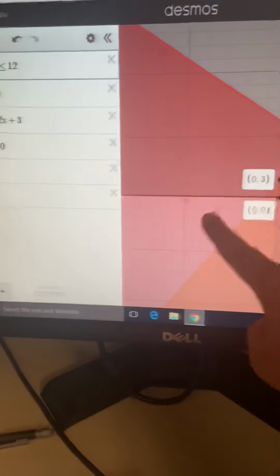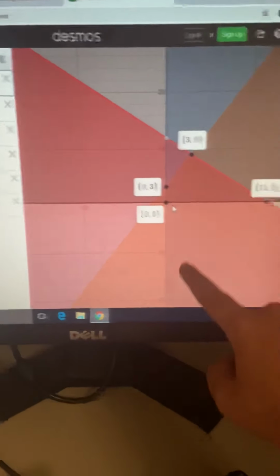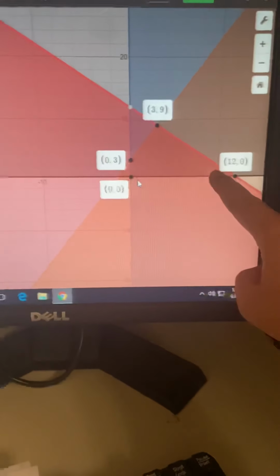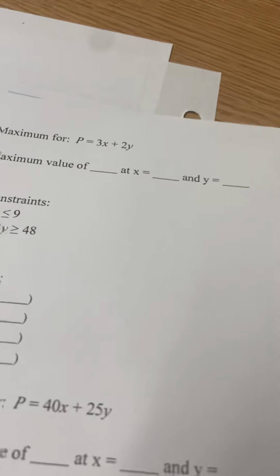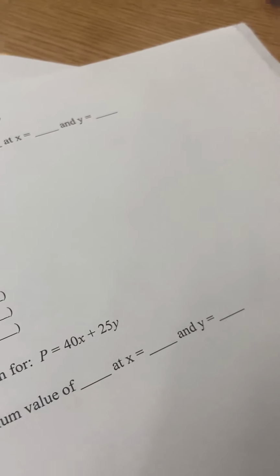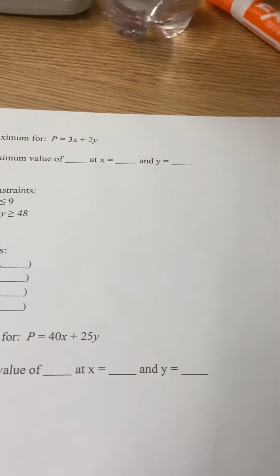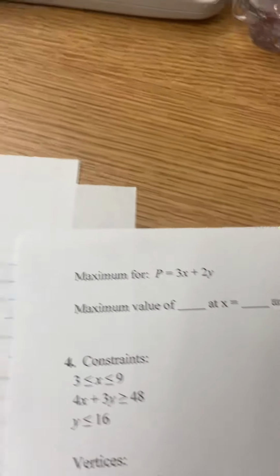I can't pick over here because blue's not over here. I can't pick down here because black's not over here. I can only pick this section right here. So if I look on the back, it says the maximum for, and it gives me the equation. Again, we're going to use what we did earlier. So I'm going to have